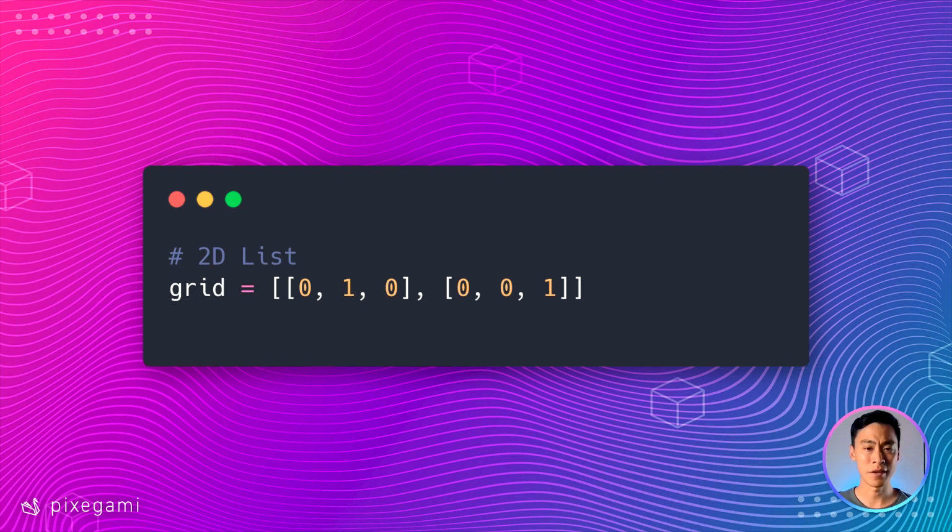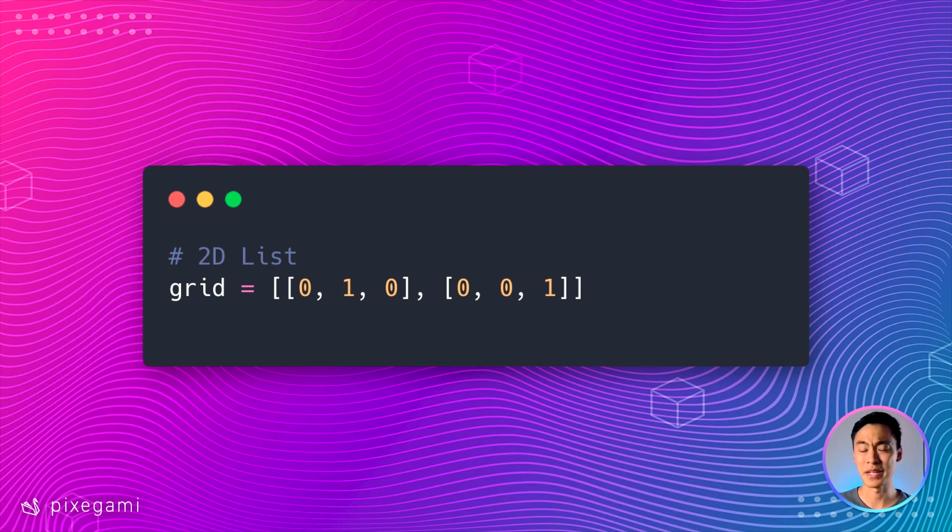So here's what a 2D list looks like. It might look confusing at first, but if you look really hard at it, it's essentially a big list with 2 elements, and each of those 2 elements is itself another list. So it's kind of like a nested list. And again, I said that this is useful for things where you want to deal with data in 2 or more dimensions. A typical use case of that is if you want to do a grid, like a chessboard, and you want each piece or each square to have a number to represent whether there's a piece on the board or not.